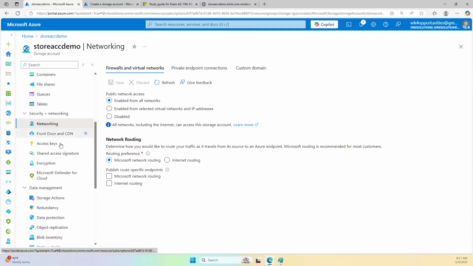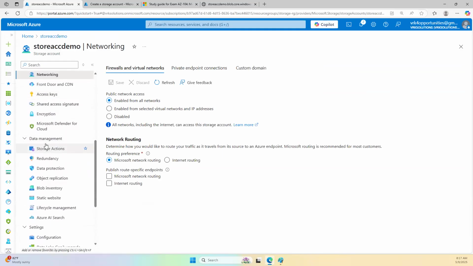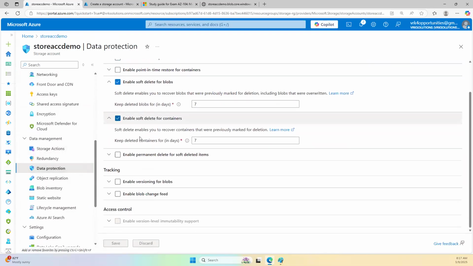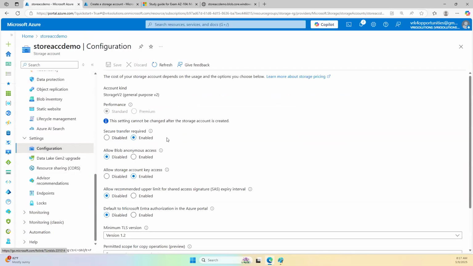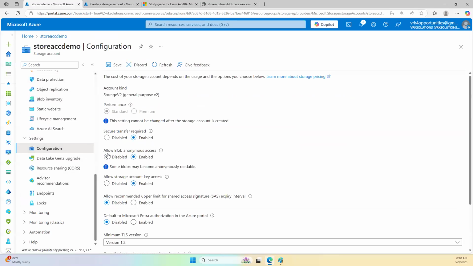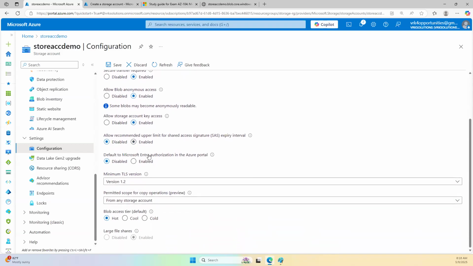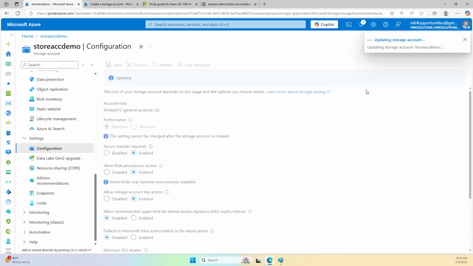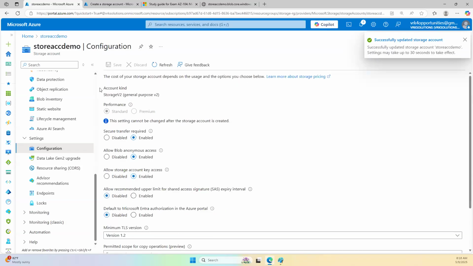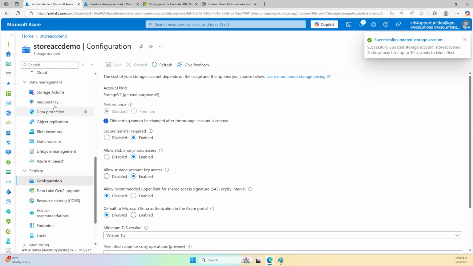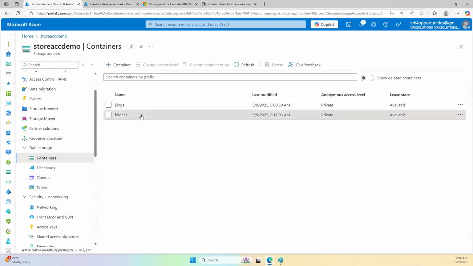That is because in configurations, data protection configuration here, anonymous access I did not allow. So I didn't allow the anonymous access there, but once I allow that one and I go here,